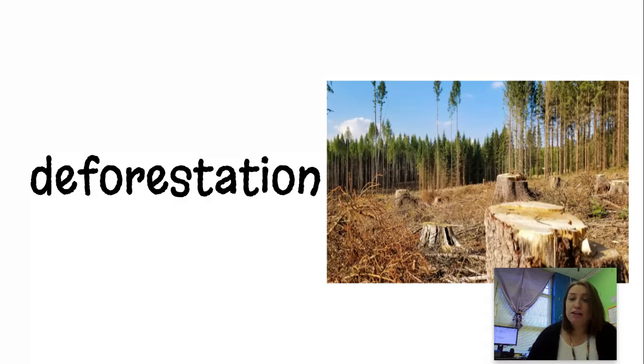Deforestation. That's where there's a lot of trees being cut down for timber, and it can ruin an area. This happens a lot in the rainforest because people don't really own the rainforest. So people can go in there and cut down lots and lots of trees. There's nobody standing there saying, you can't do that. So they just bust in and cut down the trees. And it really ruins the homes of a lot of our animals.